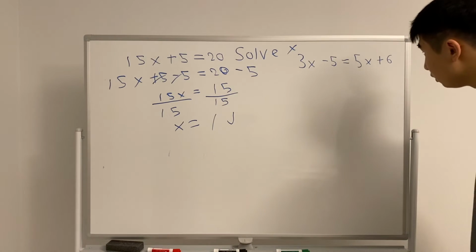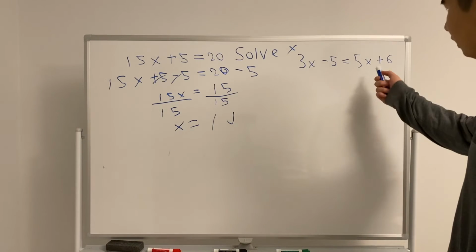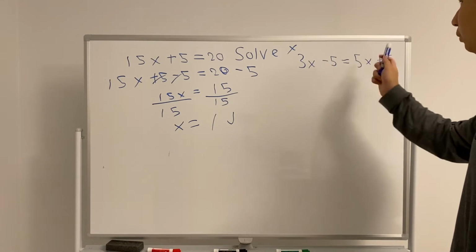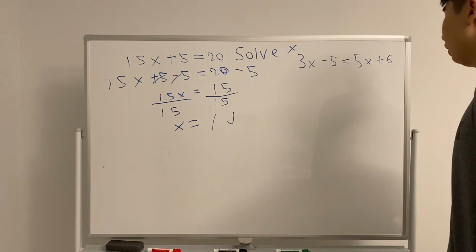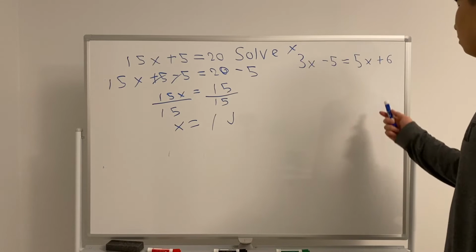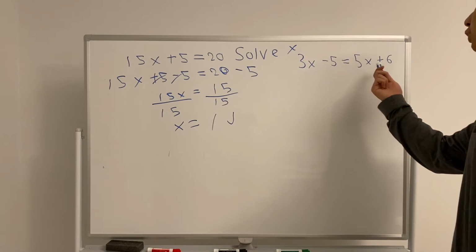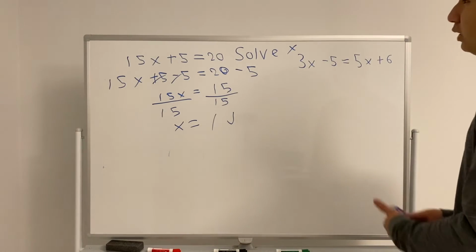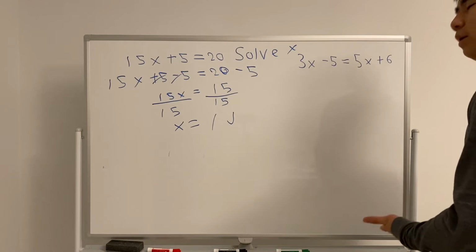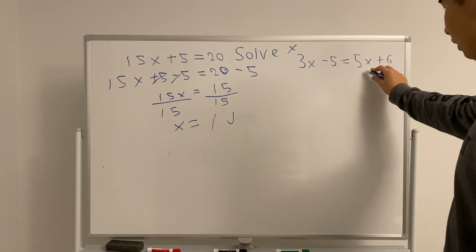All right? So if I'm looking at this, I could get 5x over to this side by subtracting 5x, because 5x minus 5x is 0, right? Because x can be anything, but x is also the same thing as whatever x is. So let's say x is 2, 5x minus 5x, 5 times 2, because we said x was 2, minus 5 times 2, that's 10 minus 10 equals 0. So I could do that. However,